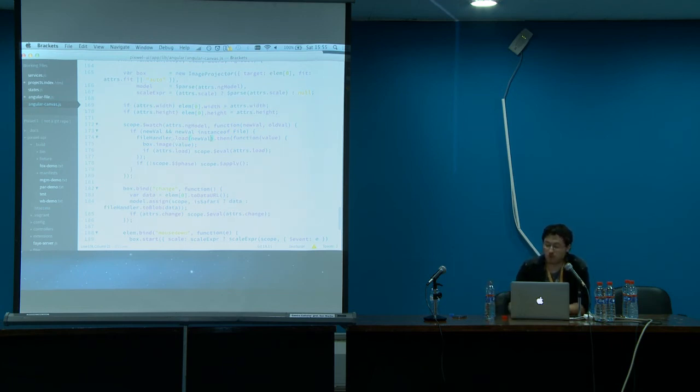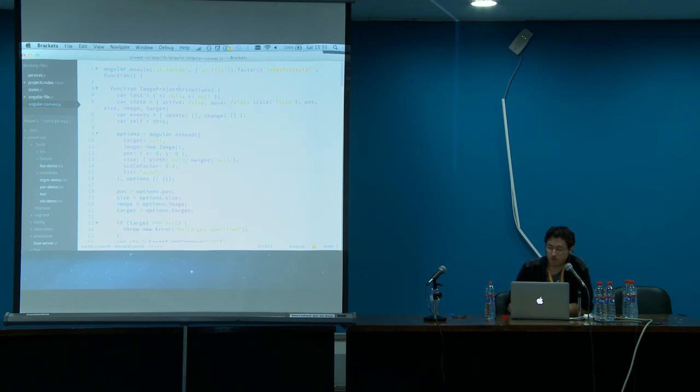So this is saying once that value is loaded, once all the bytes have been read from the file, then give me the value of those bytes, and I'm going to update this box. And the box is an instance of this class that I created called image projector, which is just defined up here. So we have an image projector that we give some options to. Basically, all it is is a simple way to project an image onto a canvas with specific position and bounds. Does that all make sense so far?